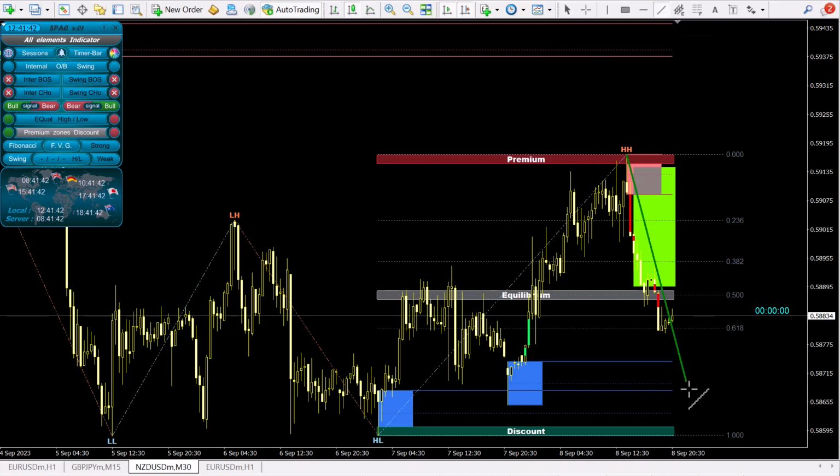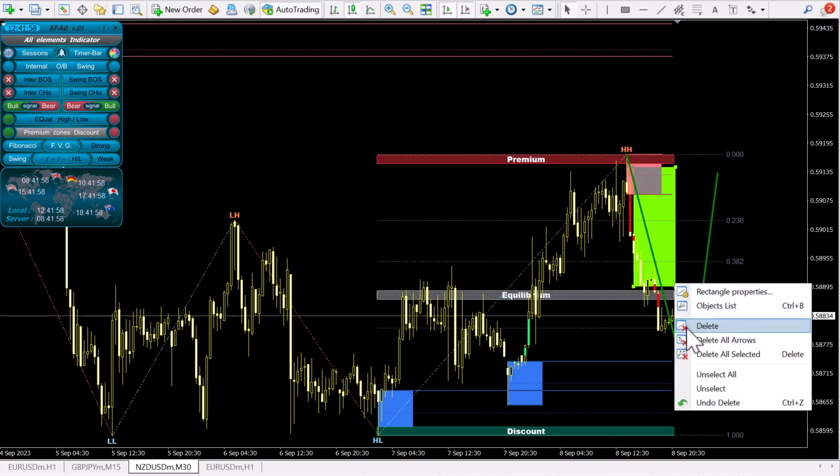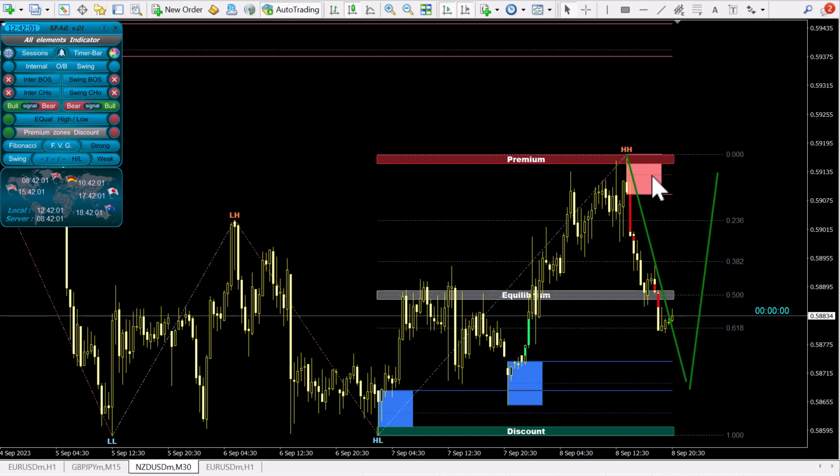Now your target is going to be typically something like here, without even waiting for the price to reach the equilibrium of this order block, and that's another order block right there. Let me just remove that rectangle. Now I have another order block here. The equilibrium of that order block is at that level. I have a fair value gap here that has been filled, if the price moves in my favor. Now my typical take profit has to be right there at this low,